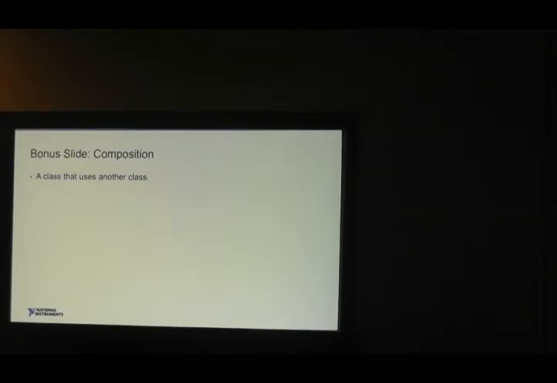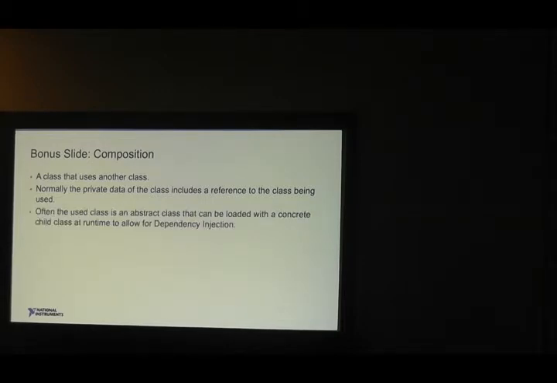And again, composition is a class using another class, so our application class was composed of that injected class. And you can load it at runtime and inject it. This is what I normally do with, say, plugins. You choose the plugin based on the configuration file, and then at runtime, you load that plugin class in, store that in your system, and then call the functions out of it. And the demo is basically the same as what you